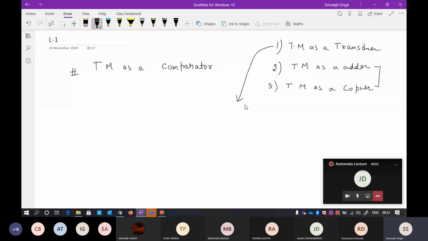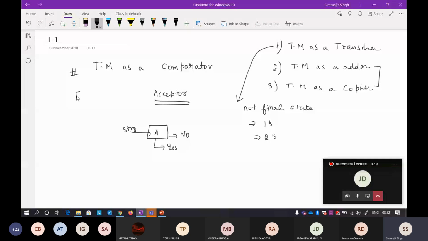So there was a specific thing that we are not using final states when we are drawing a transducer, when we have drawn questions like one's complement and two's complement. Okay, so now, why are we not using the final state there? Because if you are seeing, the Turing machine is not acting as an acceptor. Okay, so what exactly is an acceptor? An acceptor is something that if you give a particular string to it, it will tell you whether this string is present in the language or this string is not present in the language. Okay, so this is an acceptor.